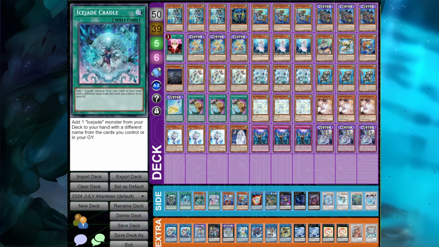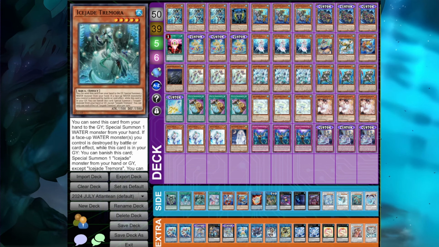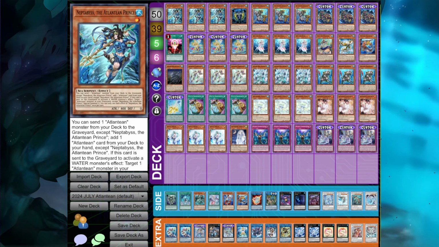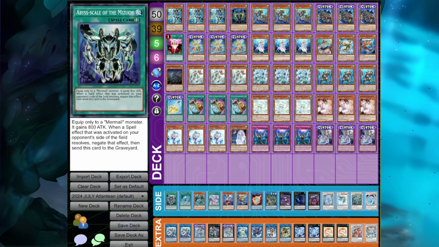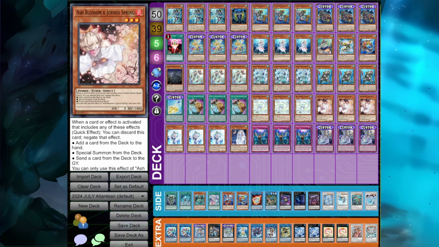like the Ice Jade Cradle, which can get you to Abyss Adrian, or not Abyss Adrian, Ran Adrian, and it can also get access to Tremora, which can be another card just like the Harpooner that can special summon a water monster from your hand, say like Neptibus. You know, this card's insane. So just more ideas on what you can play for consistency cards, and then the rest of them are hand